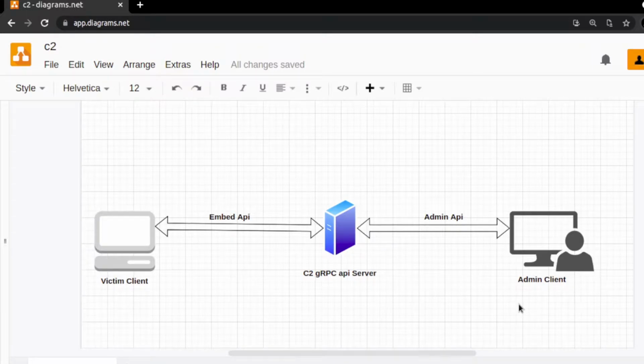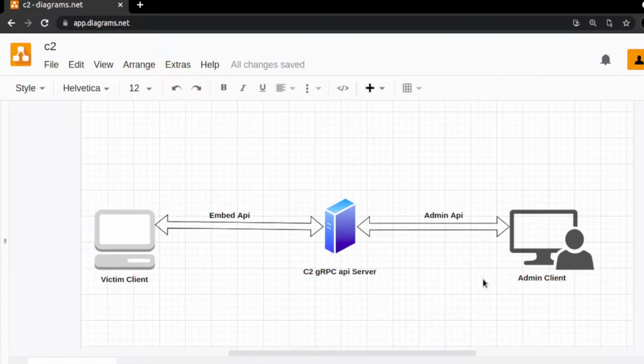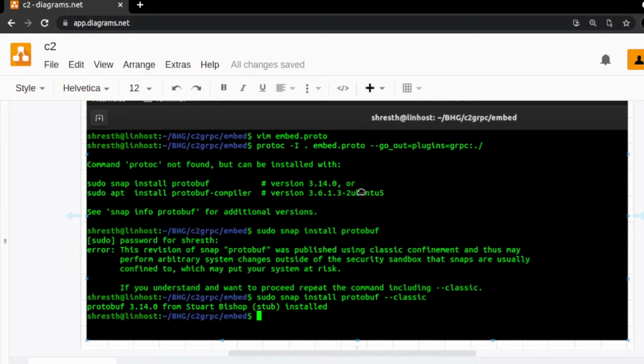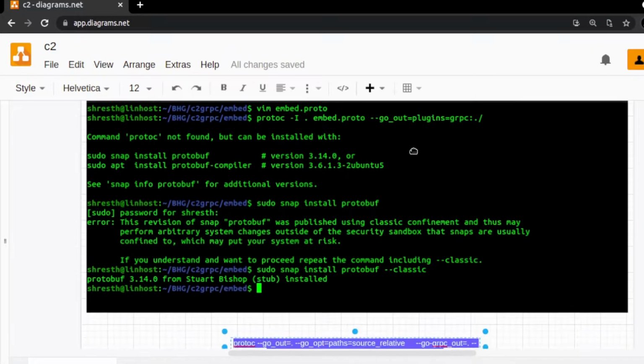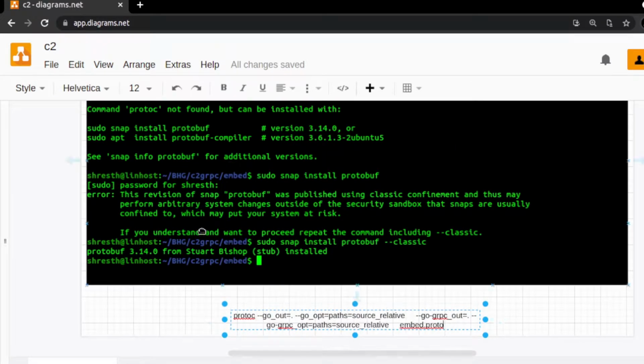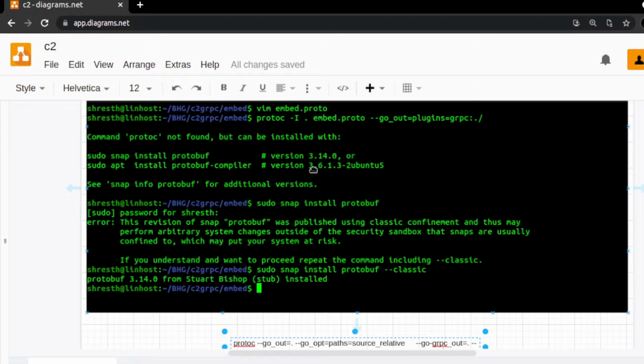We also wrote our proto file and generated the protobuf and the gRPC code. So if you remember, we ran one command for generating our Go code for gRPC and protobuf, something like this, protoc -I. So there's an update in that command. If you are like me, running the latest version of the protobuf compiler, which is 3.6.1.3,